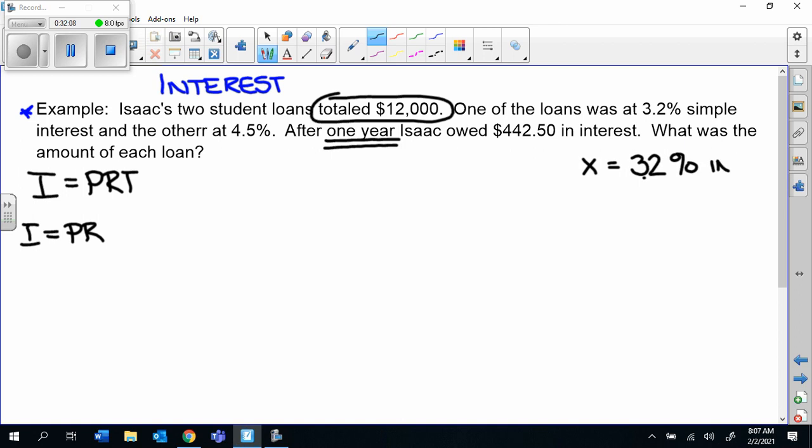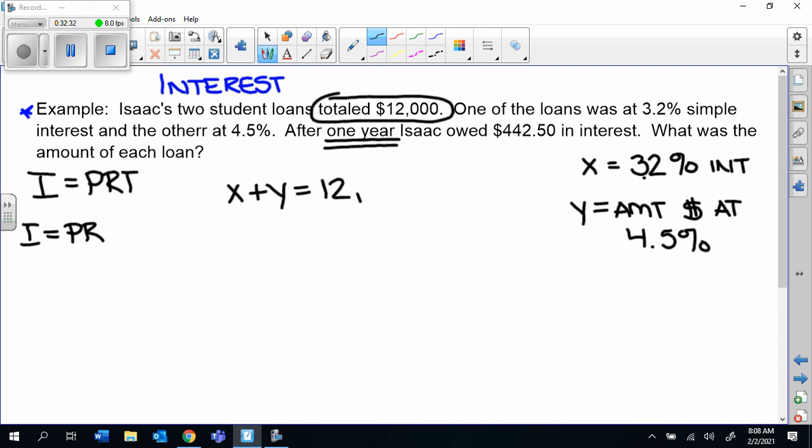interest. So this is the amount of money that we have at 3.2, and the y is the amount of money. Let me do a better job of writing it all out. The amount of money at 4.5%. And we know that these 2 loans have to add up to $12,000. So there you go. Our loans have to add up to $12,000. Some of our loans is at 3.2%. Now, 3.2%,